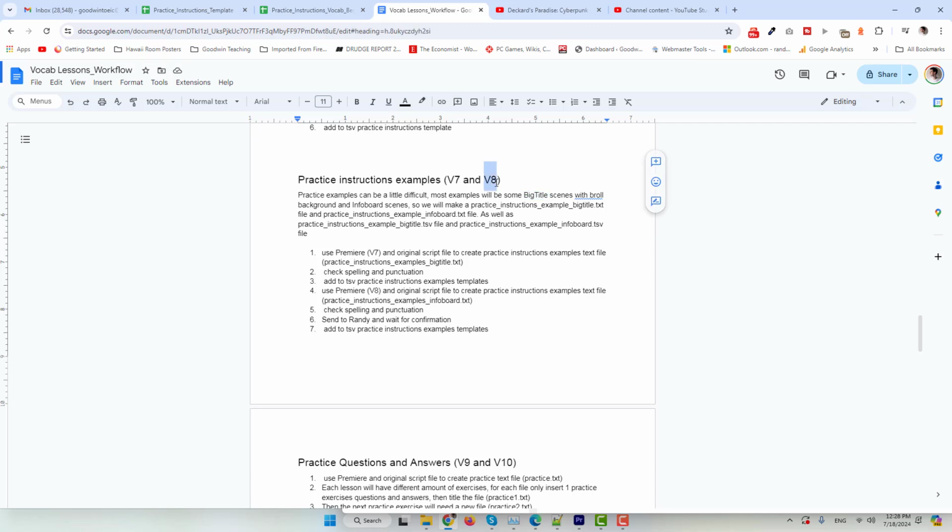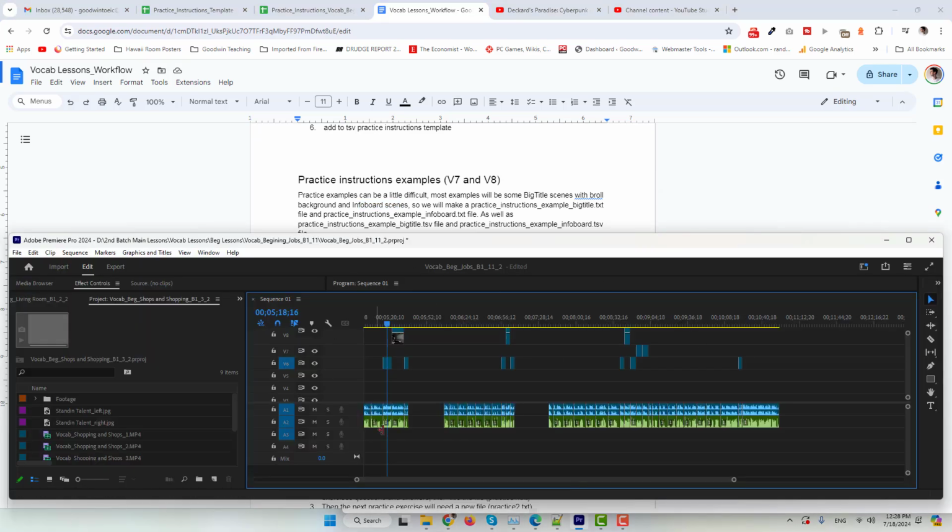And then the examples on V8 are going to be basically info boards. So most of the examples are going to just be big titles with some B-roll footage or B-roll background and info board scenes. So what we need to do is have our